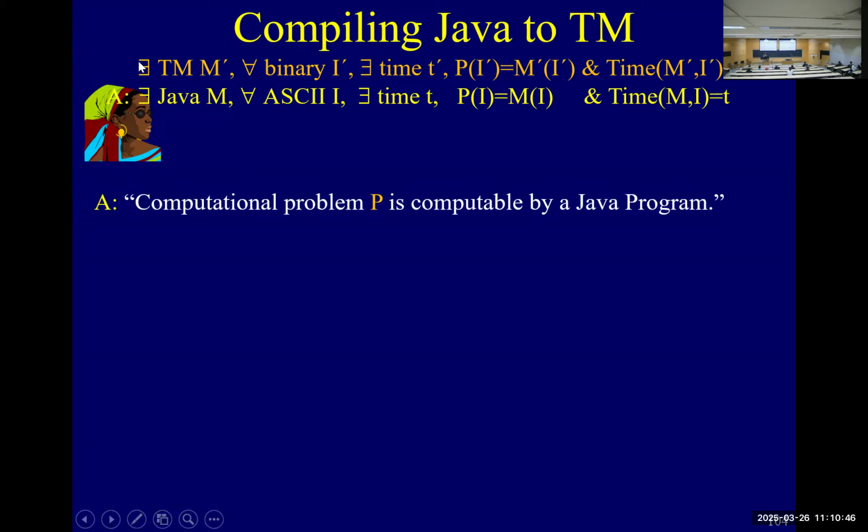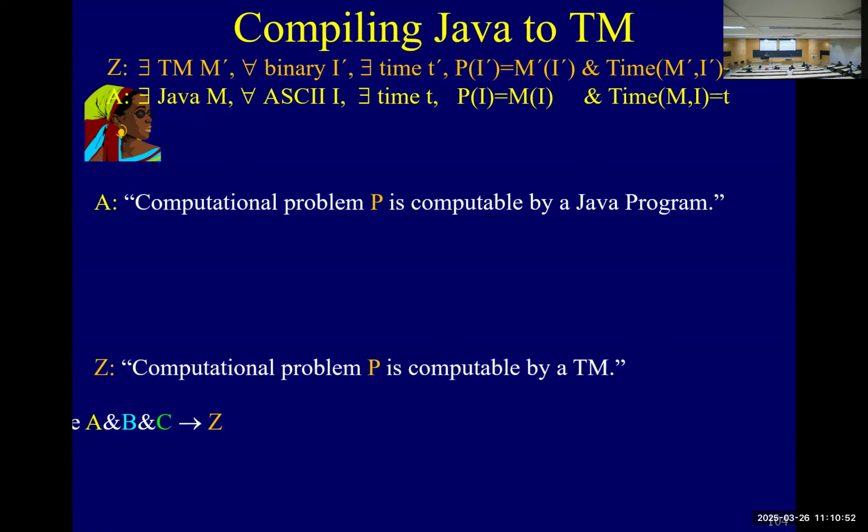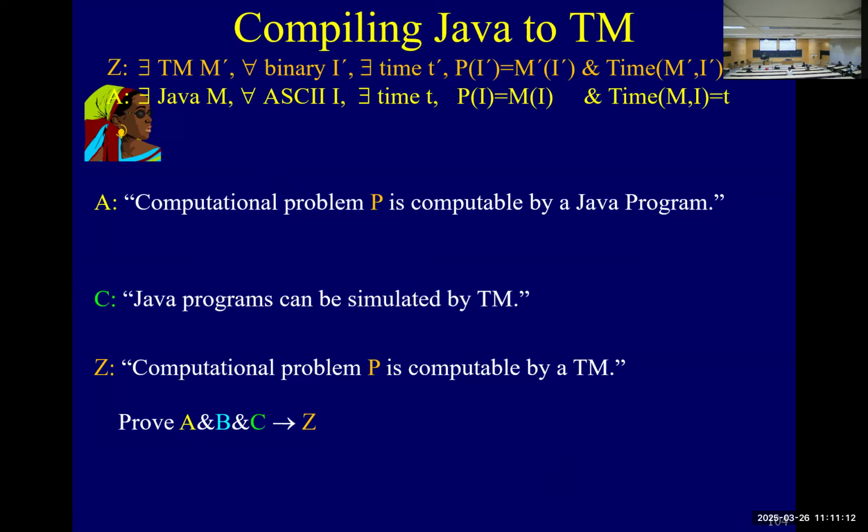Computational problem P is solved by a Turing machine, or by a Java program or a Turing machine, right? So we want to prove that A gives me Z, right? Now, what do we need? We need other statements. We need to say Java programs,